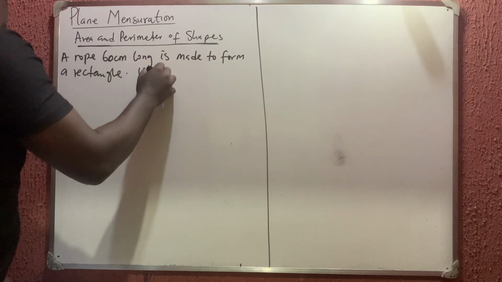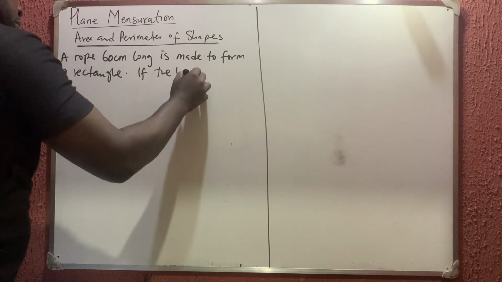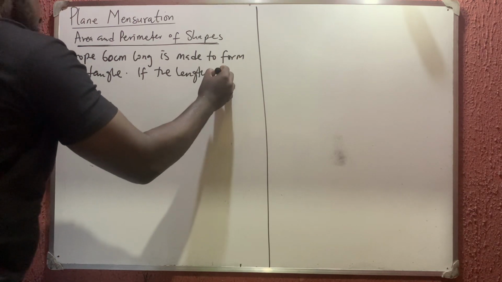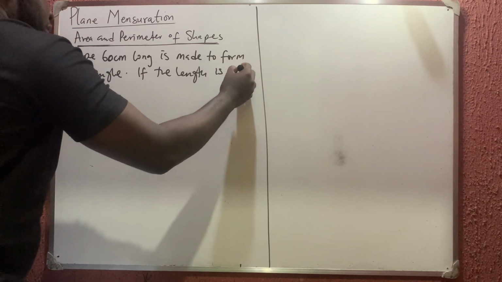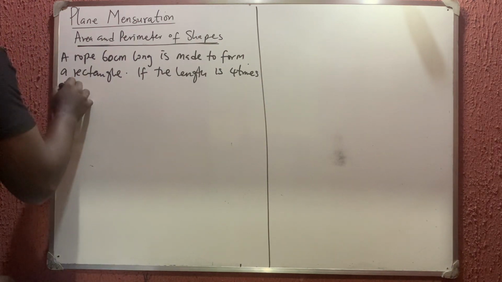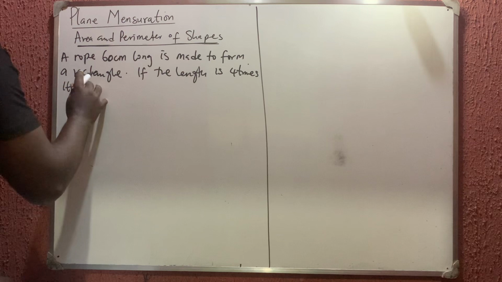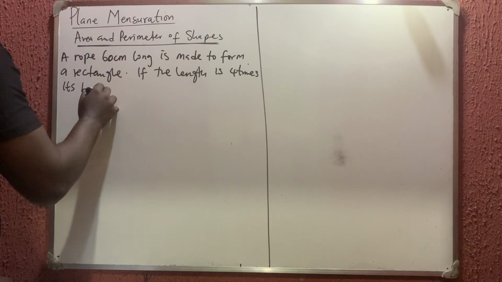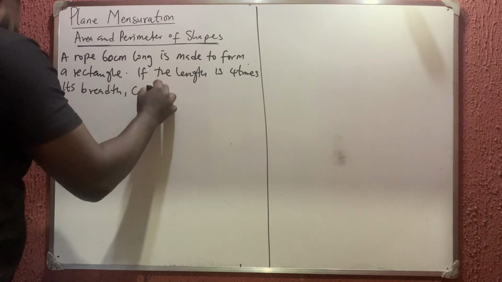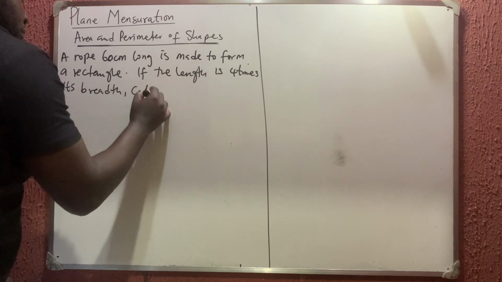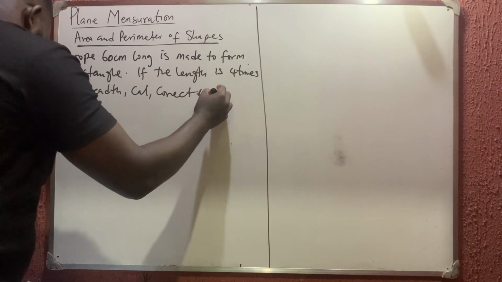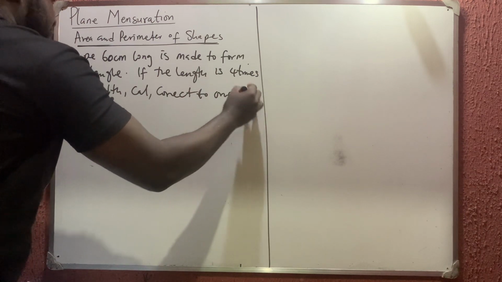Then I say if the length is four times its breadth. Okay. Then I say we should calculate, correct to one decimal place,